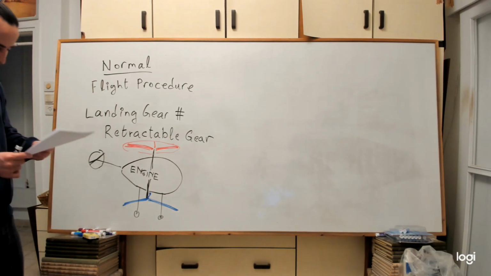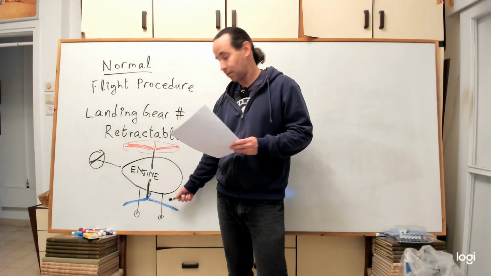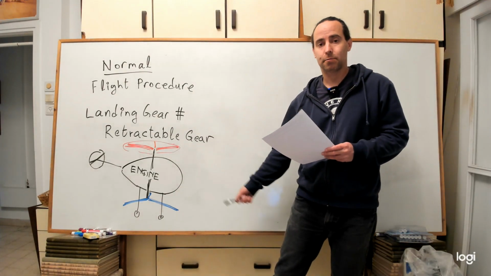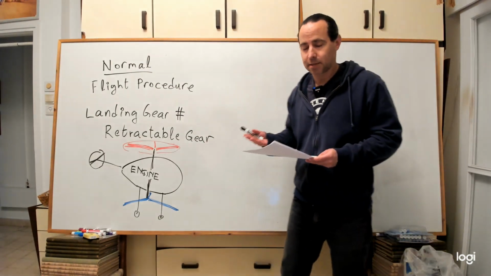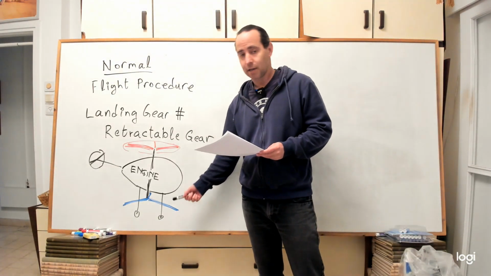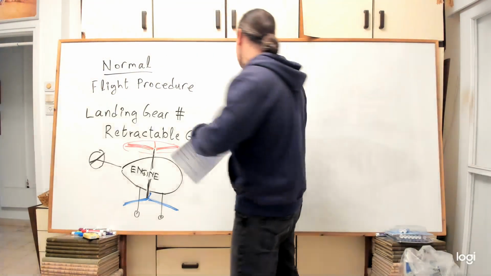Okay, so the bottom rotor is not touching the ground when we land and when we take off. Or at any time, the bottom rotor never touches the ground. Okay, in emergency flight procedure,